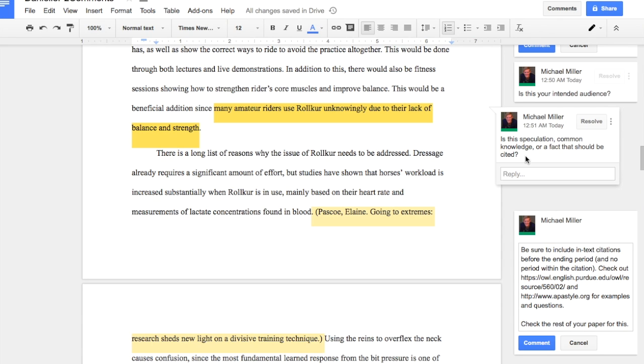But by doing this, it lets the author know that if this is speculation, they need to find some research to back it up, or else it hurts their credibility. If it's common knowledge, then why would I be questioning it? So maybe it's a fact that should be cited. In that case, they need to go back and add that citation. So it's a good way to create a conversation and not just tell them, oh, make sure you cite